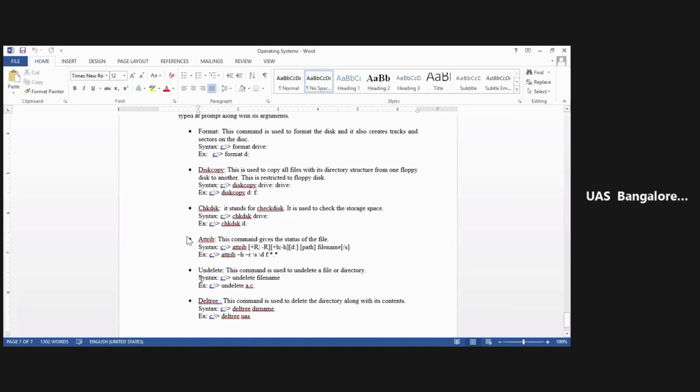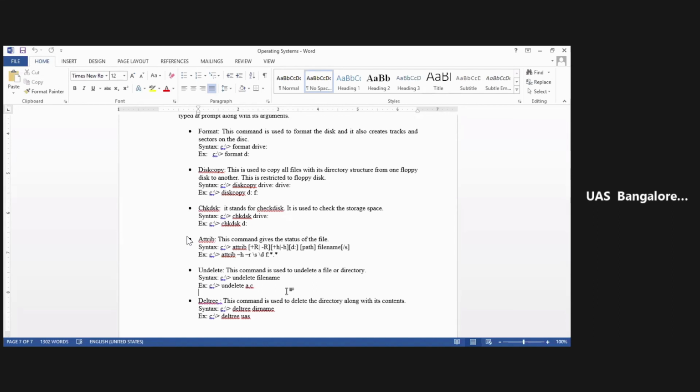And next, first I'll go for the undelete command. Whenever you are using this undelete command, say for example, by mistake you have deleted a file or a drive, and you want to retain it. It is like when you are typing something in your Word file and accidentally delete it, you press Control Z, the undo option, and whatever you deleted comes back.